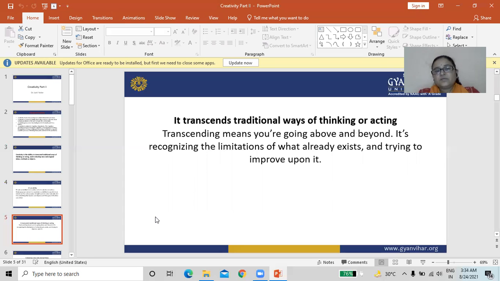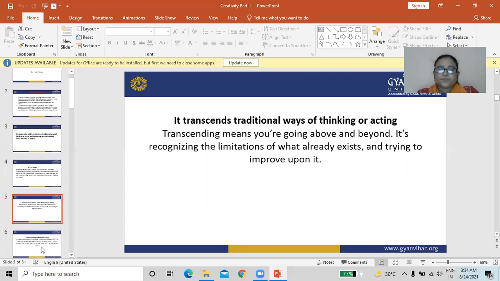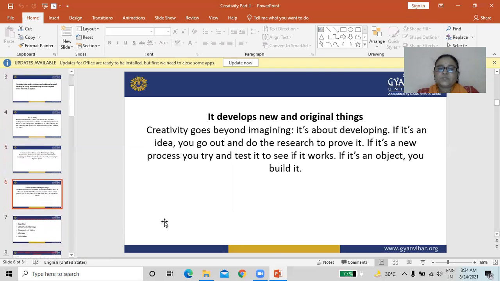Transcending means you are going above and beyond. It's recognizing the limitation of what already exists and trying to improve upon it. It develops new and original things.